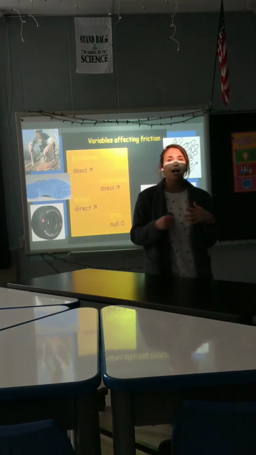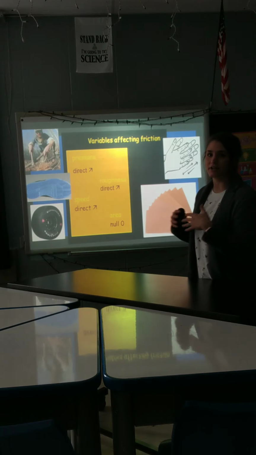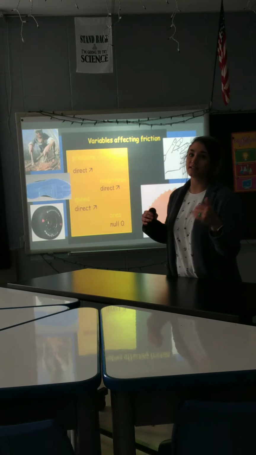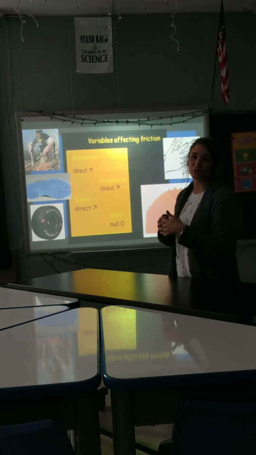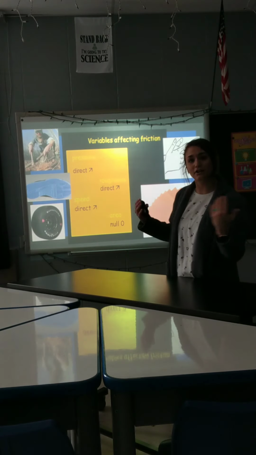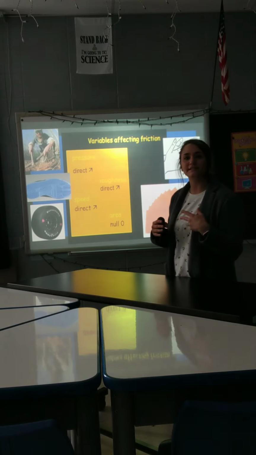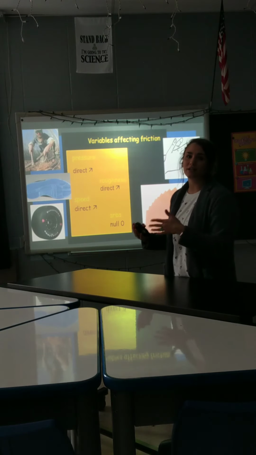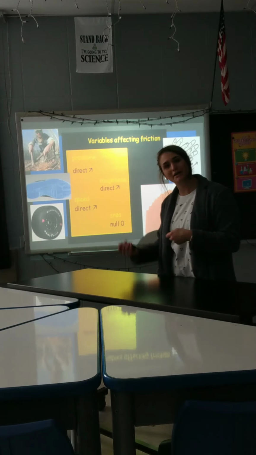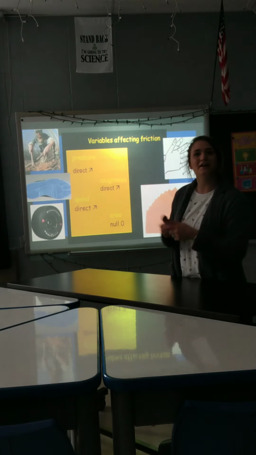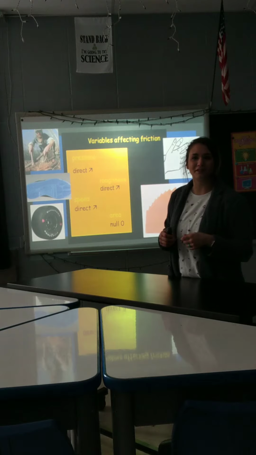At the bottom here, I have a bald tire. Bald tires are mostly used in racing. So when you don't want that friction, when you want to be able to move really fast, like in NASCAR racing, you definitely want to have really smooth tires. And that's going to be a lot different from the tires and the texture on your side-by-sides or monster trucks or trucks that you want to take mudding through the woods or something like that.